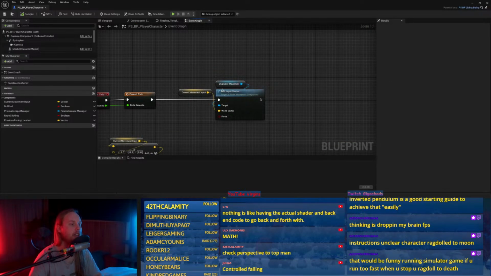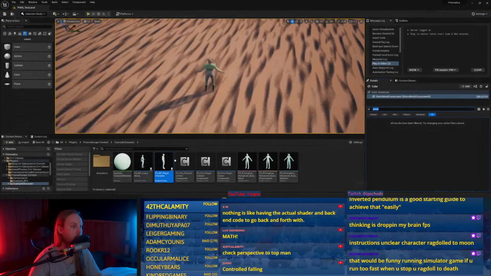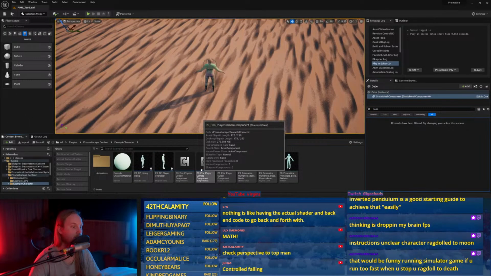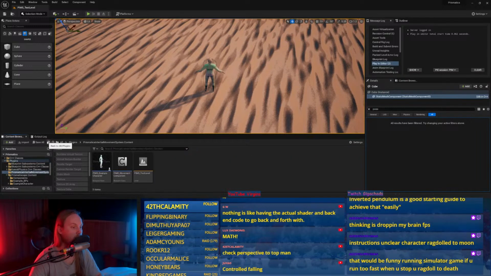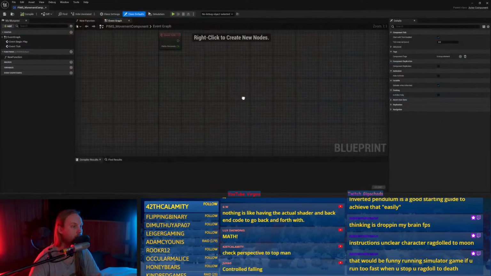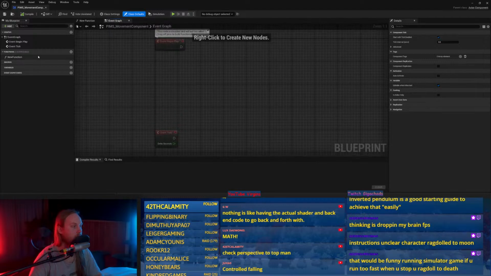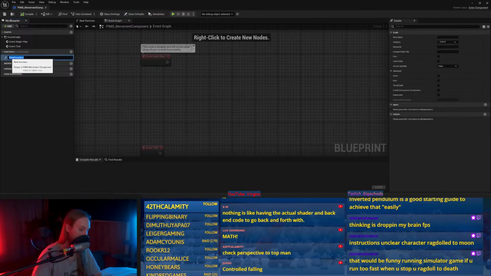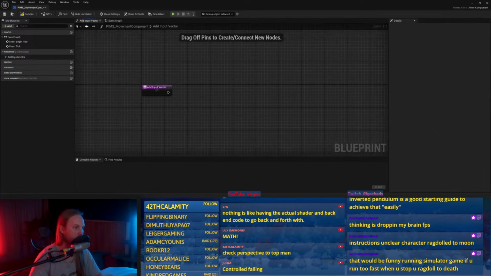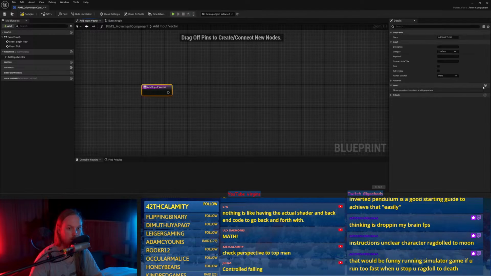So we just need an add input vector. Back here, the movement component, we need an add input vector. And this is literally just a doodad.